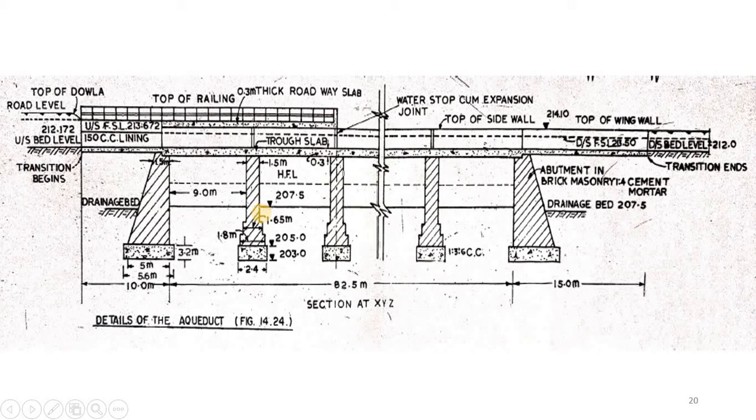Care should be taken that any structure, any abutment or piers, anything, should be taken minimum at 2.5 meter depth below the ground level. One thing to remember is that any structure should be taken minimum about 2.5 meter depth below the ground level. Here also you can mark the clear spacing between the piers.